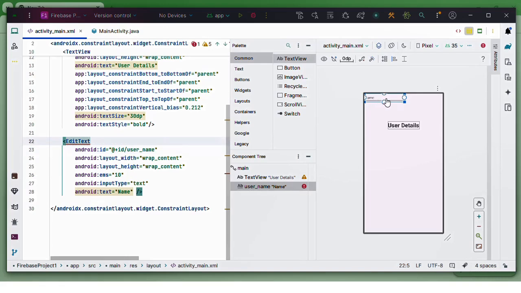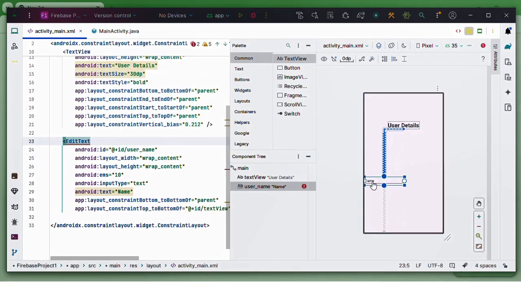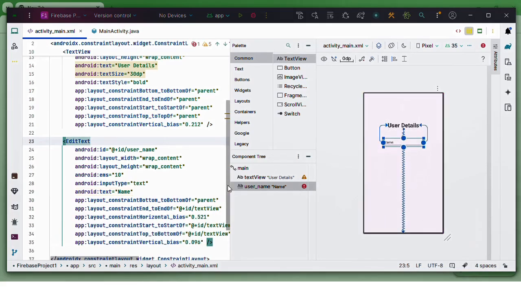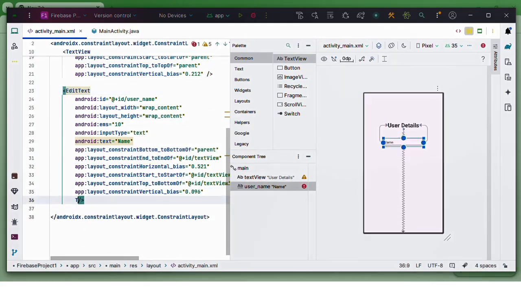I will constrain its bottom with the bottom of the parent constraint layout and its top constraint with the bottom of this text view. I will also constrain its left and right constraints with the text view's left and right. I will drag this a little up. After this I will add some properties with this edit text so that it can look better. I will add the first property, that is text size